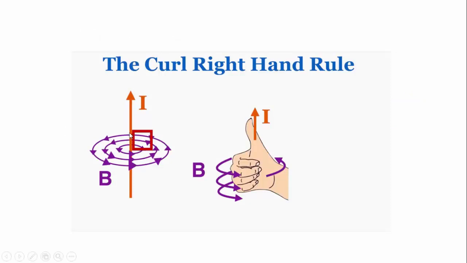So how is the direction of the curl given? This is the simple right hand screw rule. If a current is moving along the thumb, then the curled fingers are showing the direction of the magnetic field. So this is the simple law for finding out the direction of the curl of a vector.